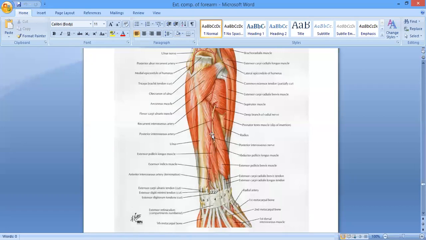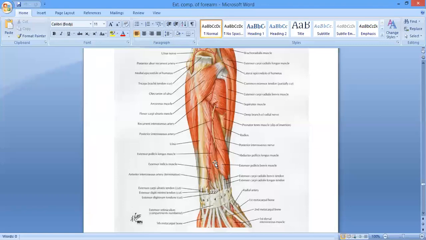ठीक है जी, यहाँ से देखिए lower border of the abductor pollicis longus ये pierce करेगी, it's going deep to the extensor pollicis longus, right? And this is going to run over the interosseous membrane. ठीक है जी, कोई प्रॉब्लम तो नहीं है बच्चे? And near the wrist, it is going to enter into the fourth compartment of the extensor retinaculum. ठीक है, and it is going to end in the pseudoganglion over here in this region. Or rather, it is going to end by supplying the wrist and the intercarpal joints.